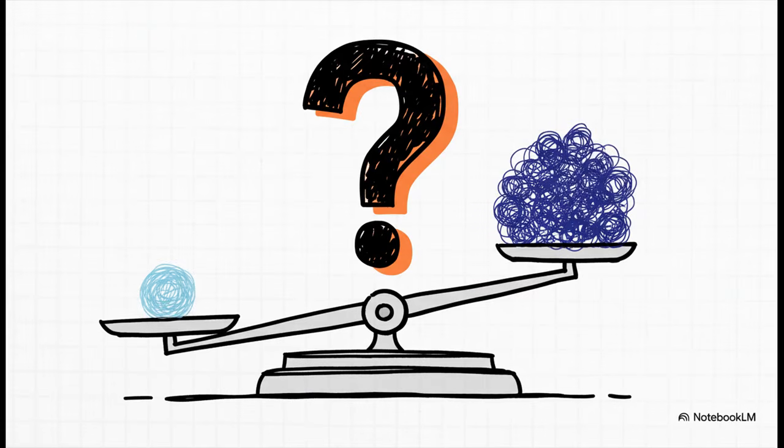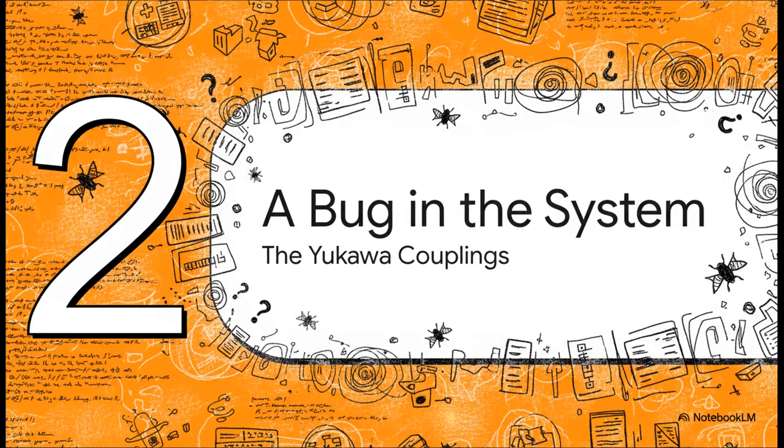And this brings us to the biggest hole in the entire story. The Higgs mechanism doesn't actually predict the mass of a single particle. It can describe the how, but it can't tell you why an electron has its specific mass, or why a top quark is hundreds of thousands of times heavier. The all-important why is just completely missing. And when you look a little closer at how the model actually handles those specific masses, you find something that feels less like a fundamental law of nature and a lot more like a bug in the code.